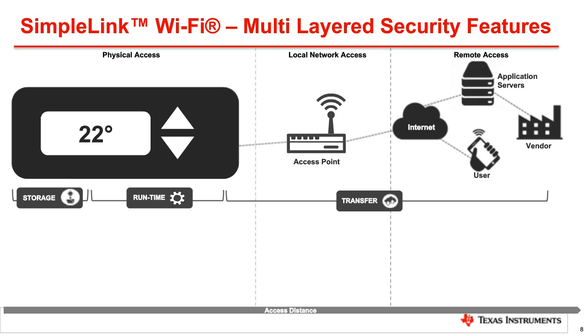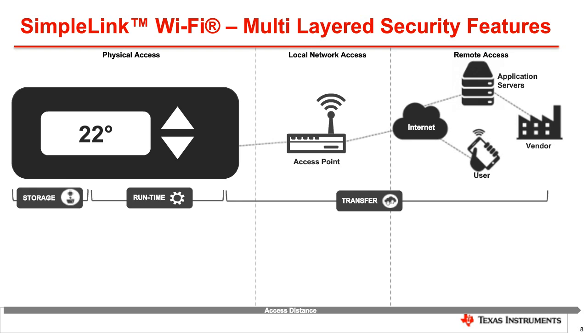Most of the time, when people think about security for cloud-connected products, they often think about the data exchange between the Wi-Fi device and the local access point. But when examining the system topology end-to-end, there are actually several additional exposure points to consider. Within the transfer stage from the end product through the local access point, all the way through the internet to the end user that is controlling the product at a remote location, and sometimes connected to the original vendor server, for instance, during an over-the-air update of the application.